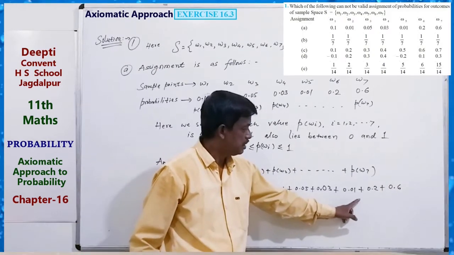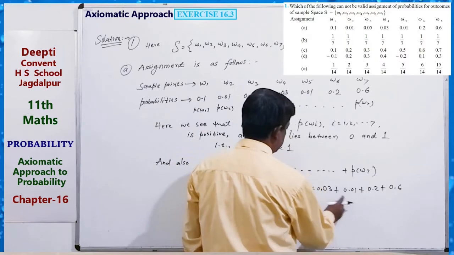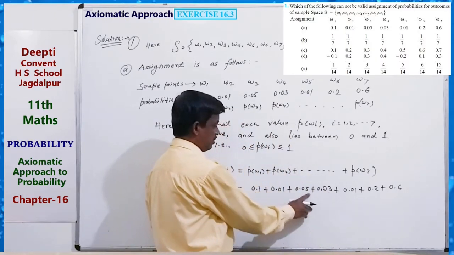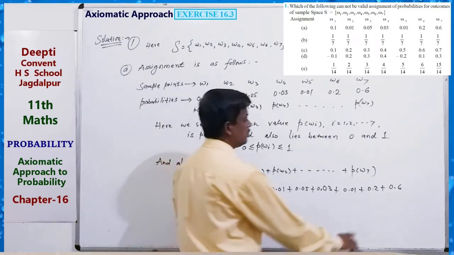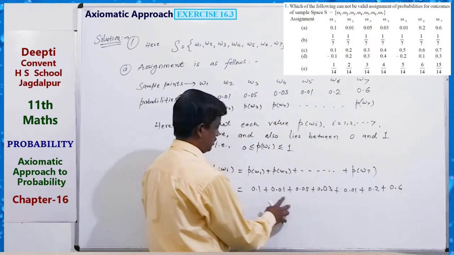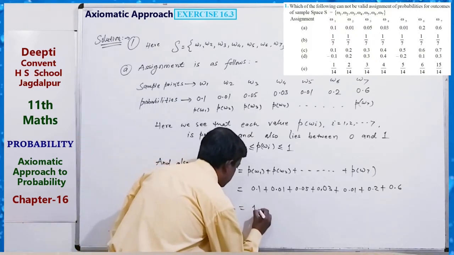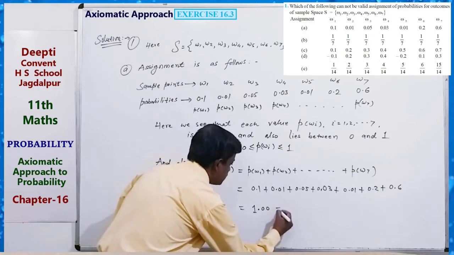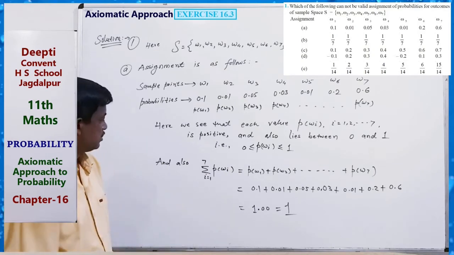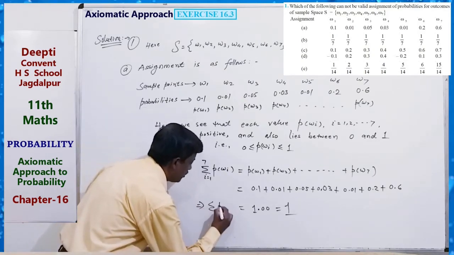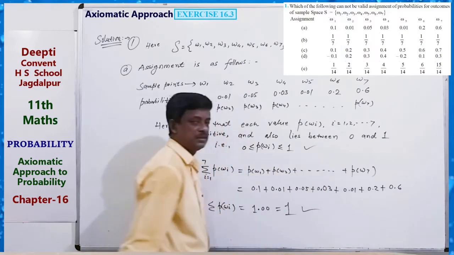So what will be the value? Here see 3, 1, 3, 4, 5, 9, 1, 10, 0, 1, 6, 7, 8, 9, 10, 1.00. So this is equal to 1.00, that is, equal to 1. Clear? This is the sum of total probability. Total probability is 1. So this is the second condition, and that was the first condition. So both the